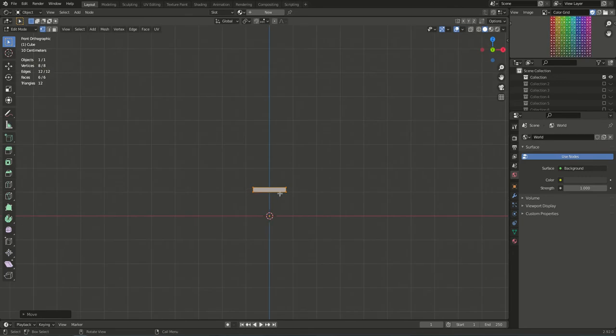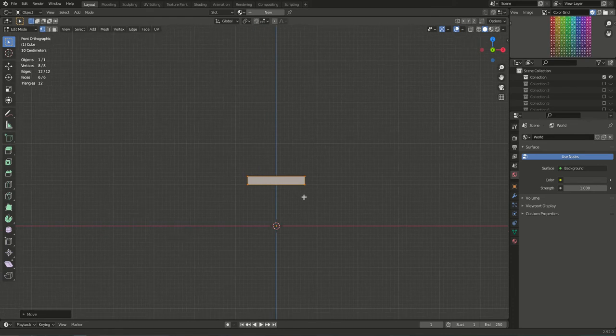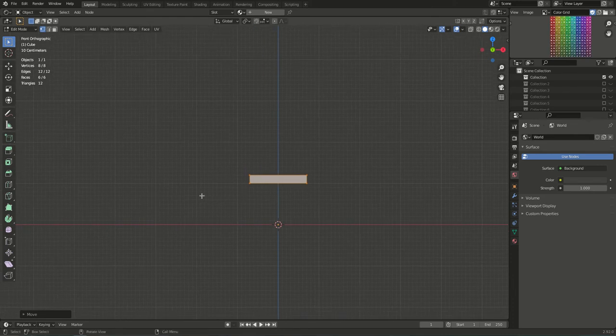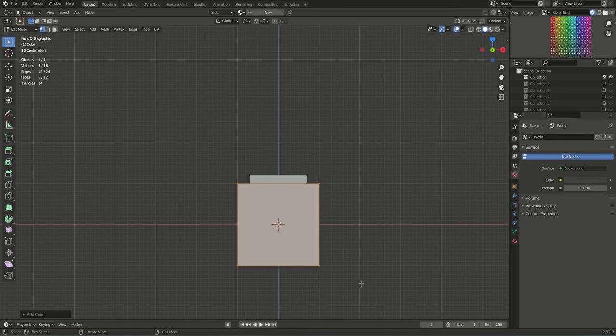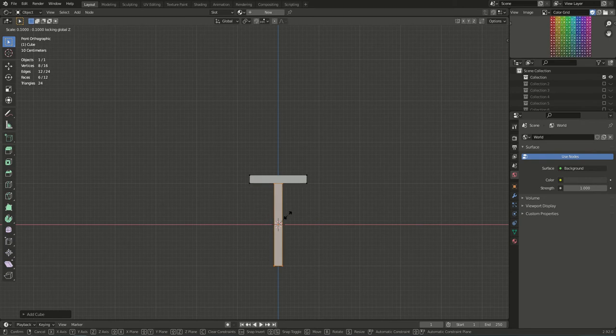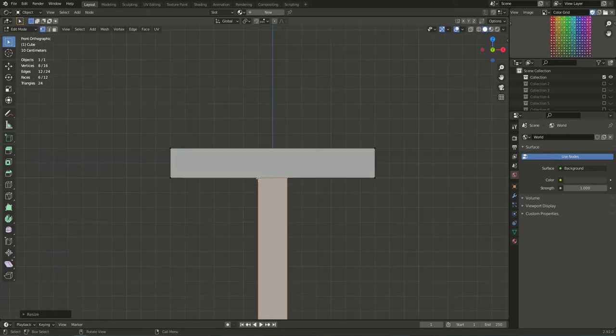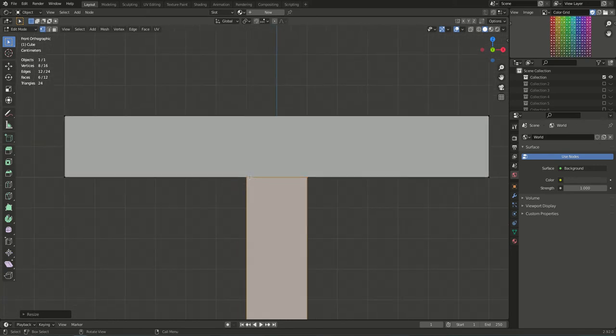To add the legs, we don't need to go into edit mode. We can just deselect everything, and in object mode we hit Shift A and add a cube. So now we scale it to make the legs, and now since this part is so nicely matching this one,